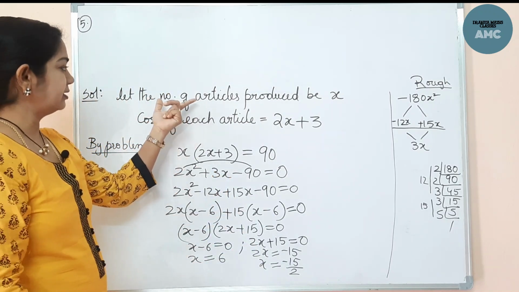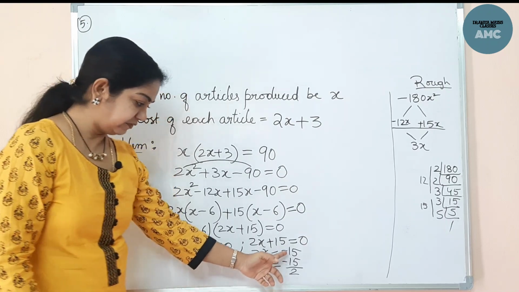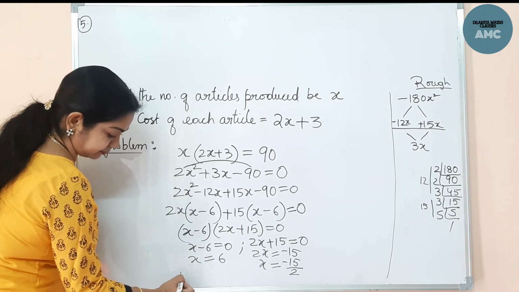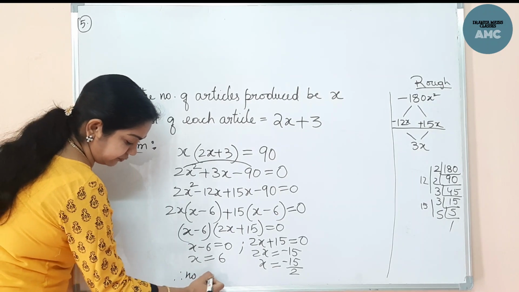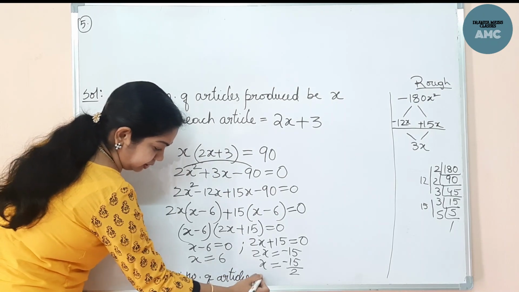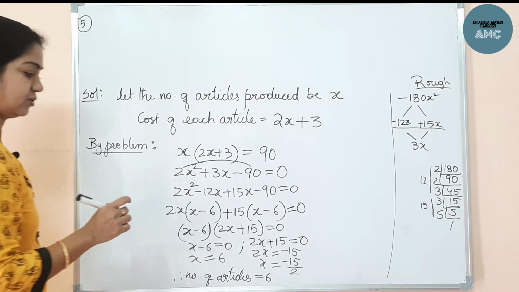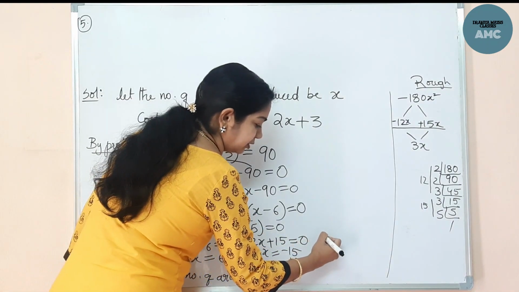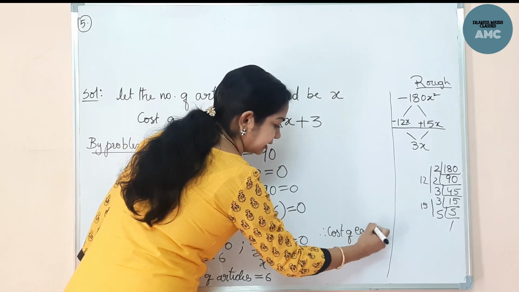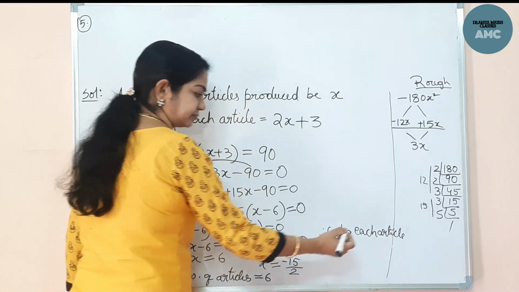Now what is x here? Number of articles. Articles cannot be negative, isn't it? So we will eliminate this and we will take x is equal to 6. Therefore, the number of articles is equal to 6. Not only that, it is also asked to find the cost of each article. So therefore the cost of each article is